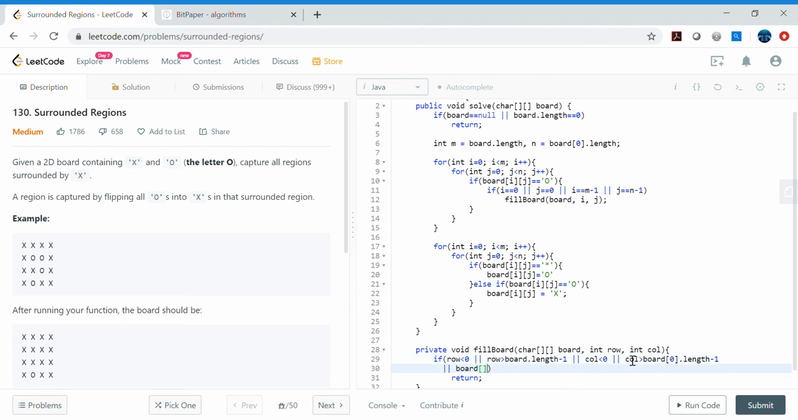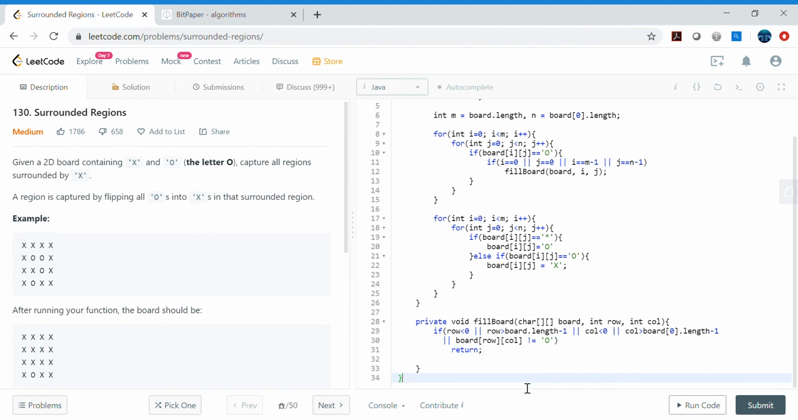And another thing is, if board row column is not O, then it's useless, right? We are just here to convert O to some other character. So if it is X or whatever it is, then it's useless for us, so we are not going to do anything. Now let's go ahead and